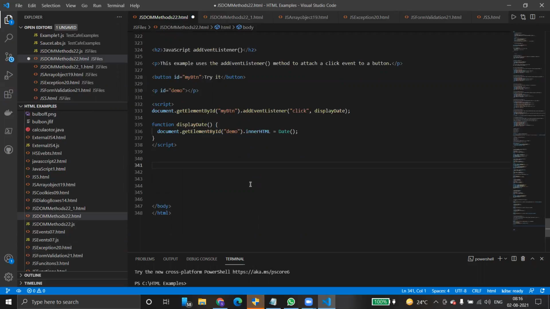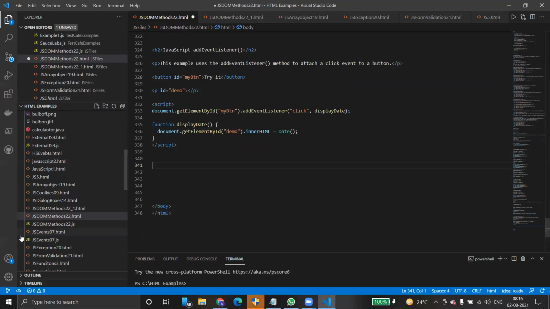So DOM is nothing but a model. It allows us to access and modify the elements through JavaScript. These objects are basically organized in a hierarchy. The parent object is the window object. Inside the window object, we have a document. Inside the document, we have a form. Inside a form, we have elements. This is how we organize, right?